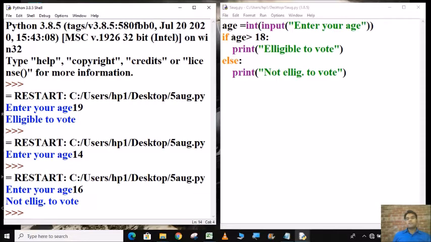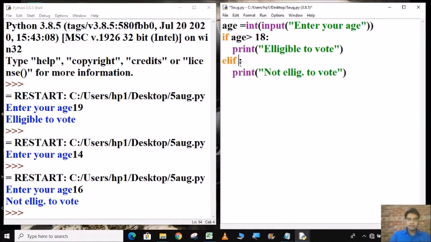Now if we want to check multiple conditions, then we can also use elif. Elif is a short form of else if. If age is greater than 18, then print eligible to vote.